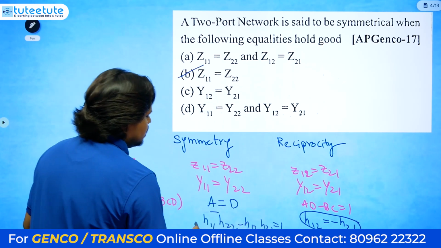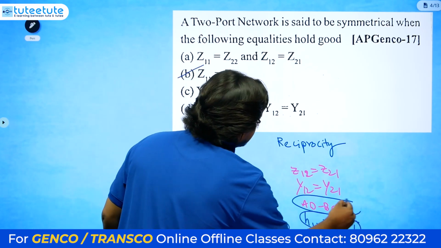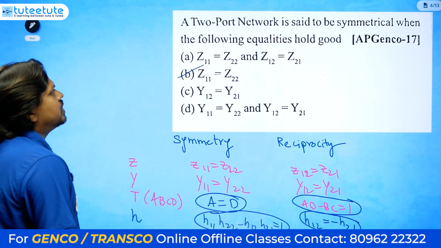Okay, so here what is important for us? These 4 are important for us. These 4 they may generally give in our examination, so we need to remember these things. These are the conditions for